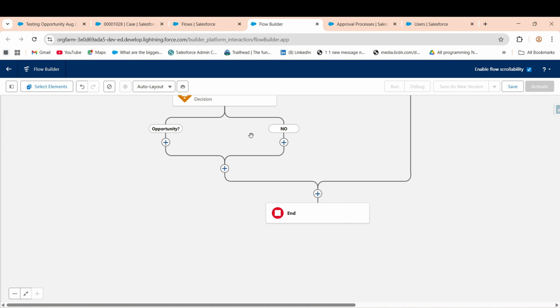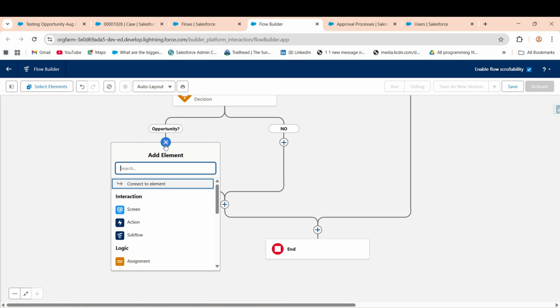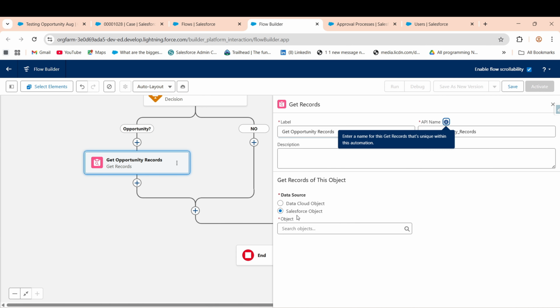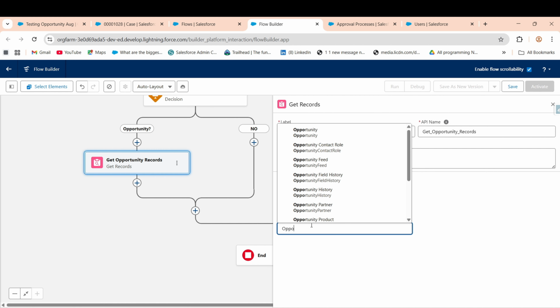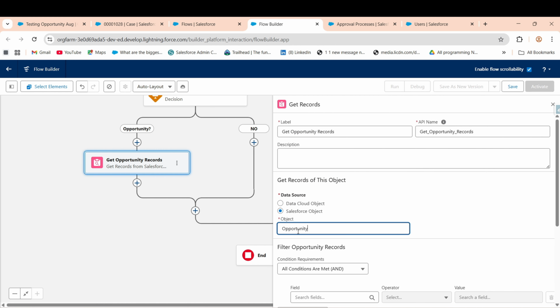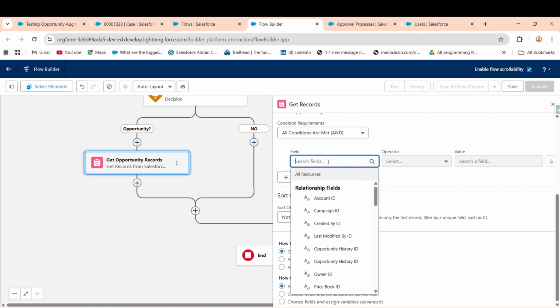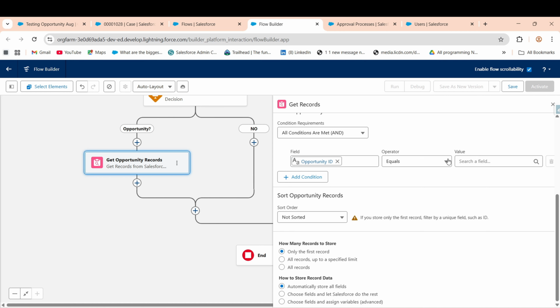So what is the next step? Next step is to get the opportunity records. So the next step is Get Records, and I'm fetching the opportunity records. Fetch opportunity, Salesforce object opportunity. If you're working on some other objects, custom or standard, just select the object you want. So I'm fetching the opportunity, and in this, opportunity ID equals